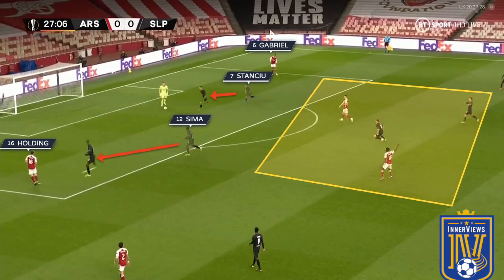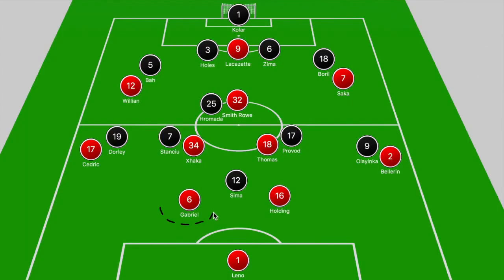Sima's looking to close down Holding. And then you have Hromada and Provad stepping towards the Arsenal double pivot, and it forces Leno to kick the ball away. While there were a few occasions where Slavia did press well, the biggest issue that they encountered in